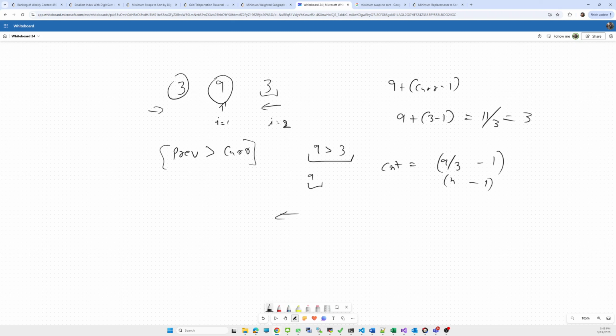We start from the second last index, i equal to n minus 2, and check if the current element is greater than the previous one, the i minus 1th index. The same logic applies there. I am preferring iterating from right to left.